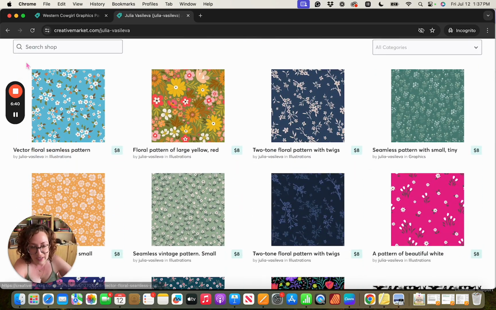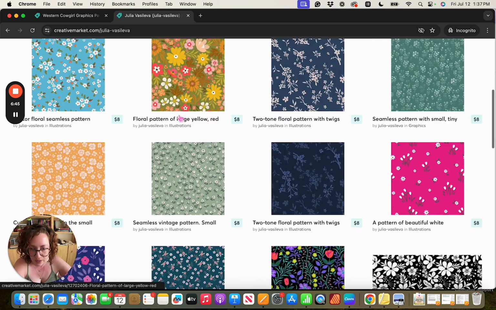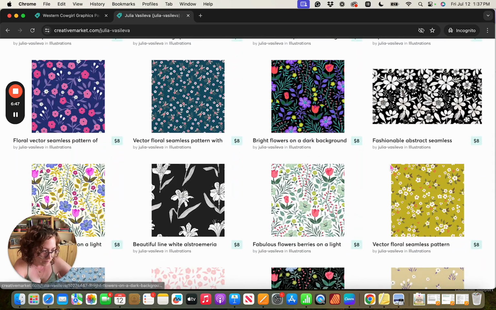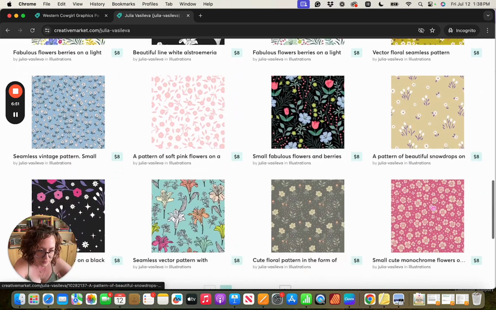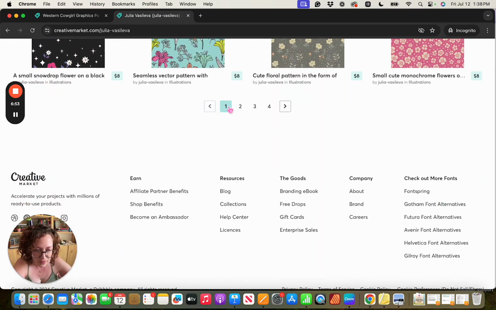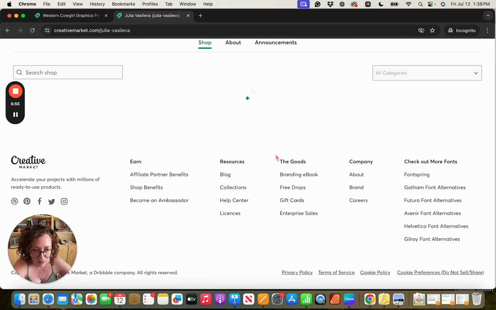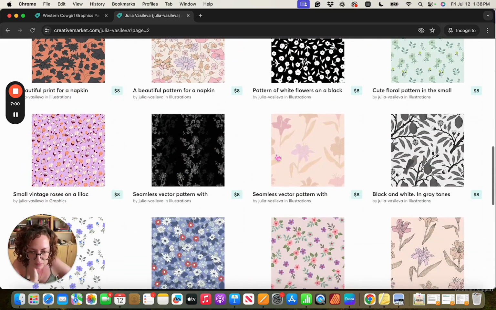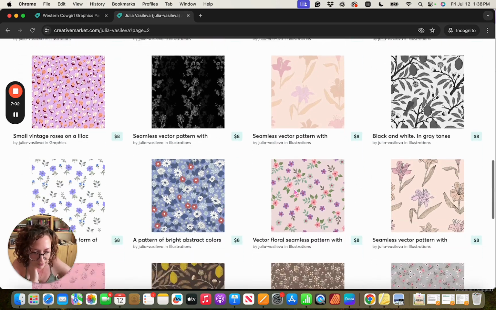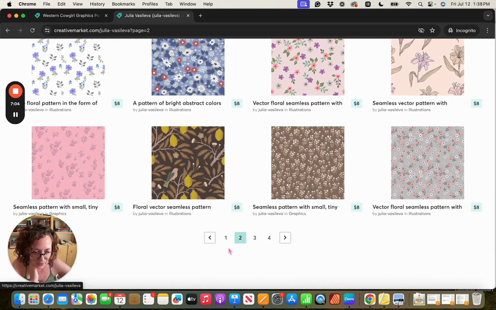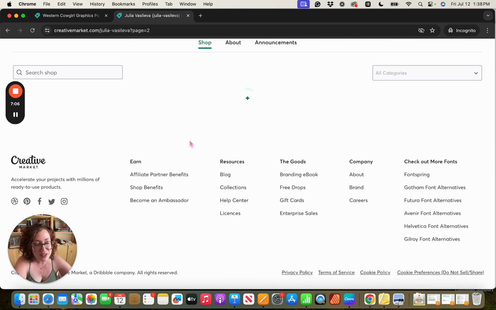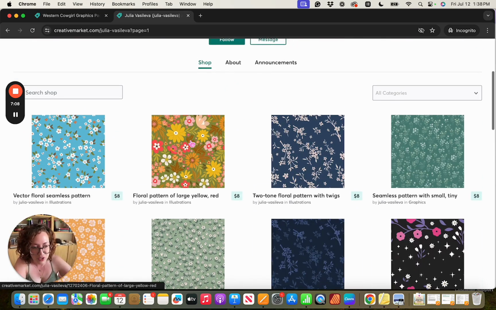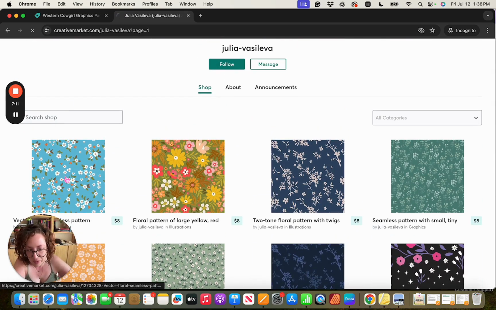And I can already tell you I love this one right here. I'm just going to do a quick scroll through. And look, we have it in the green also. Oh, that's super cute. But that blue, I really like that blue color. That's cute for a different project. Alright, I'm going to go back, because once you find something that you really love, you might as well just see how it looks. Alright, so I'm going to open this up,